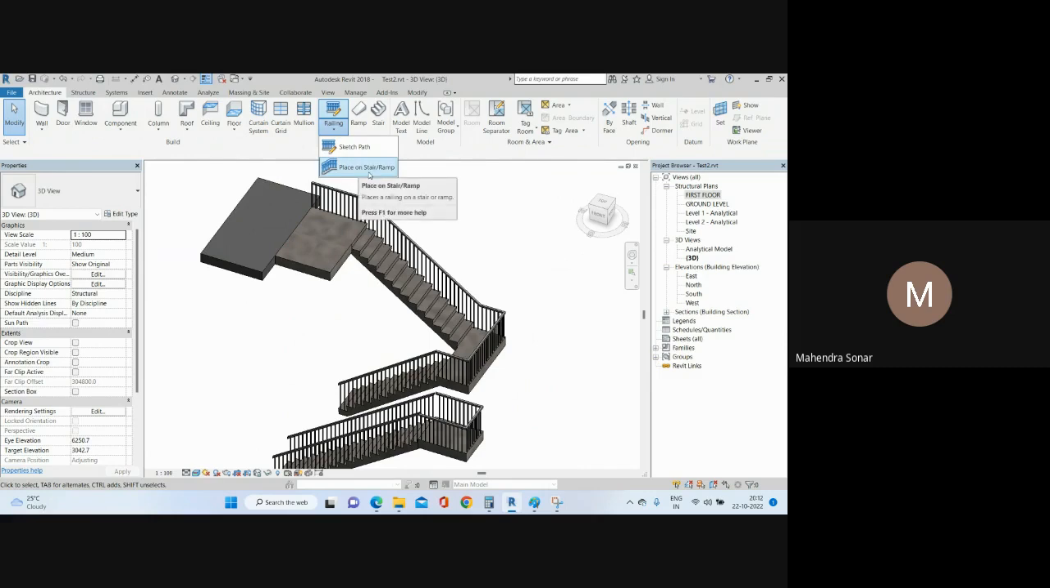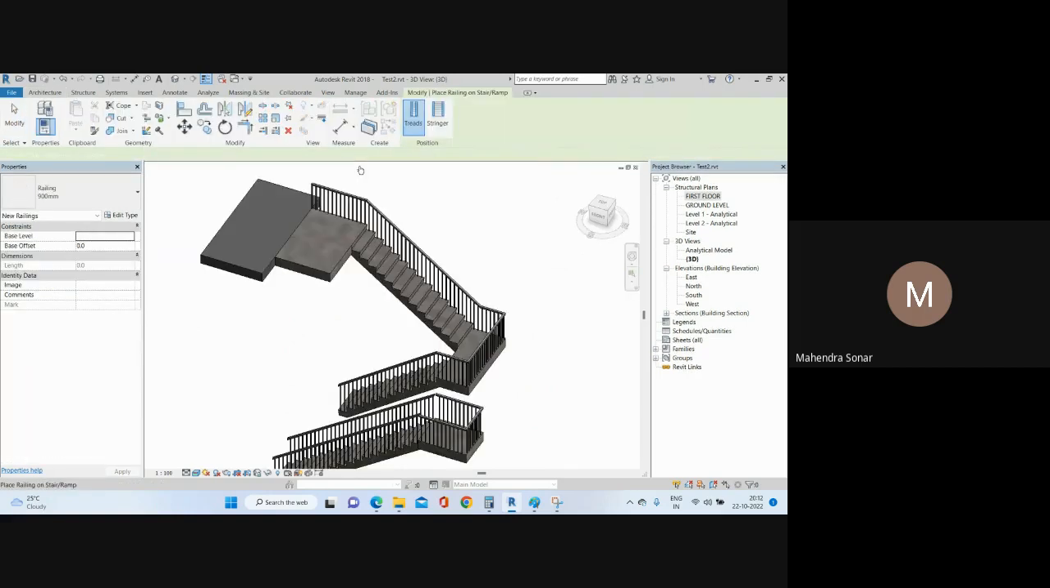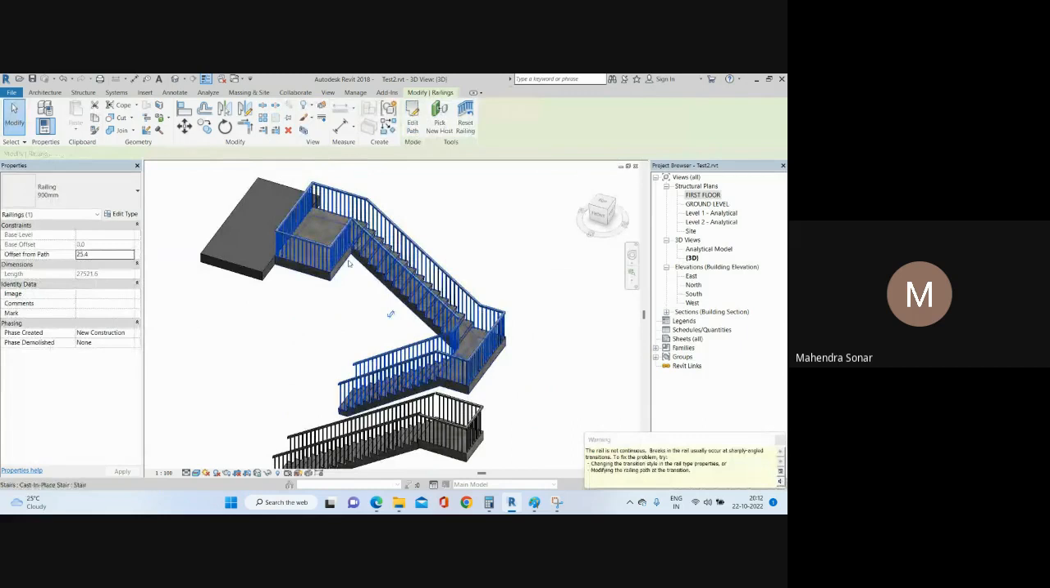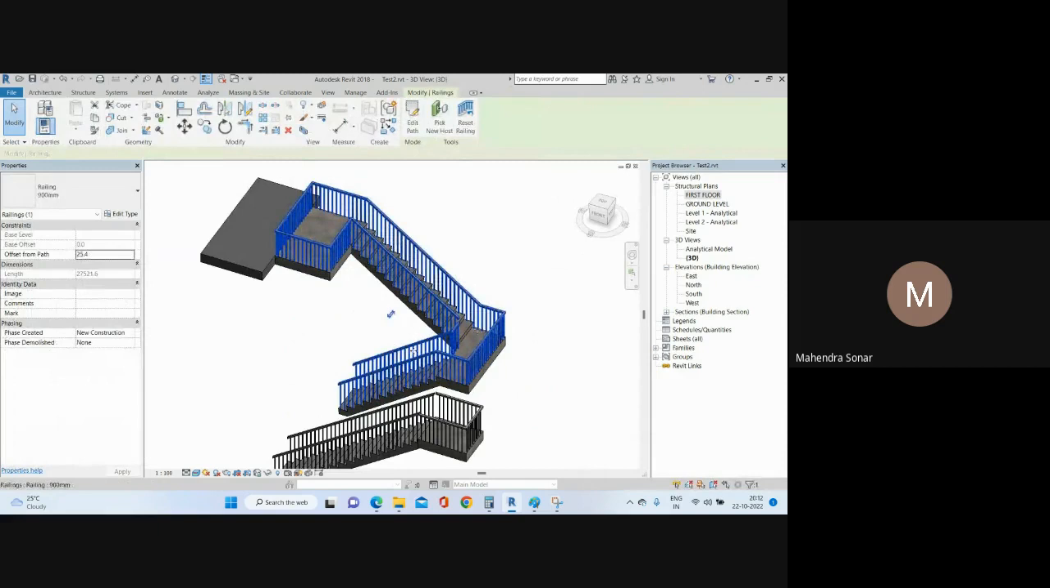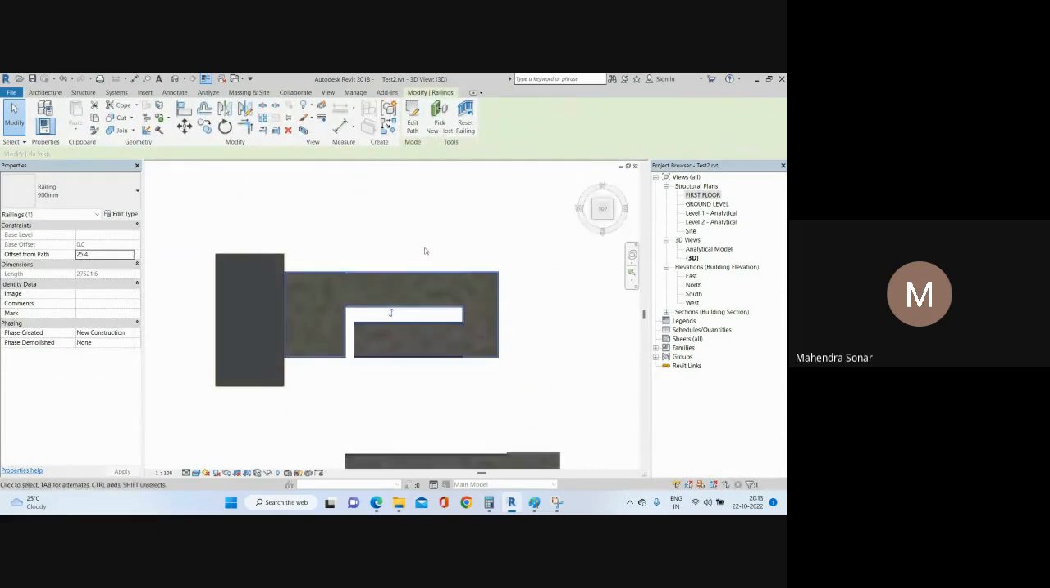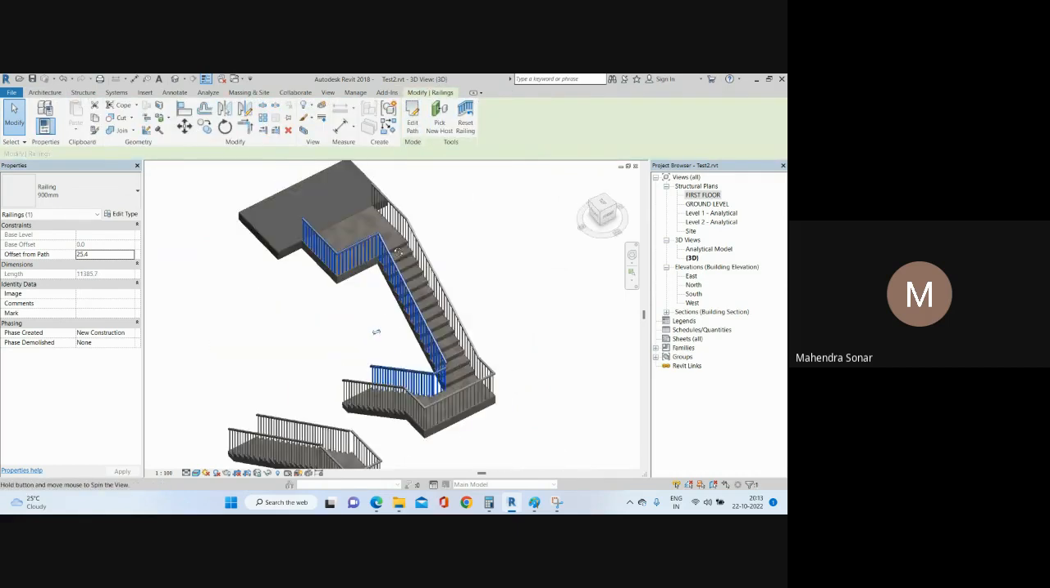on stair or ramp. If you already have a stair or ramp, just click here and select your stair. You can see the railing has been added, but in that case we need to delete the outer side of the railing. So select your railing, go here, edit path and select this. We don't give railing here because we need to give the access to the building, and this time I will delete the outer side railing. So you can see I have given only inner side railing. Click here okay, and then if you see, both the railing is